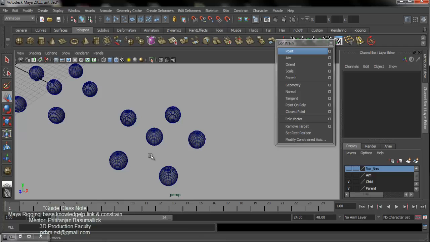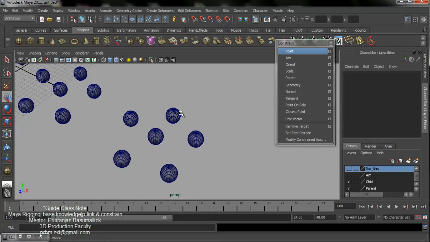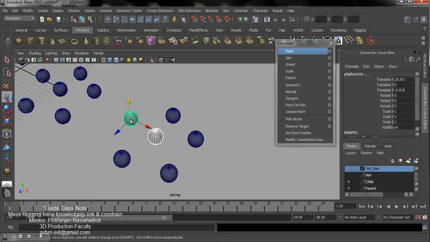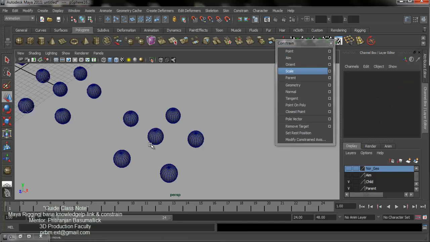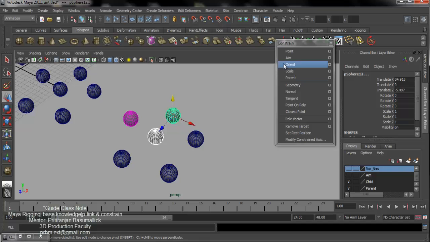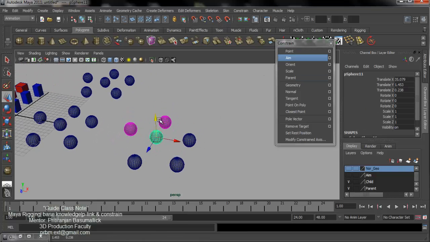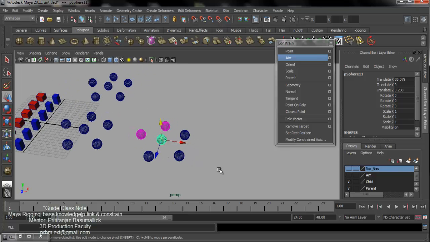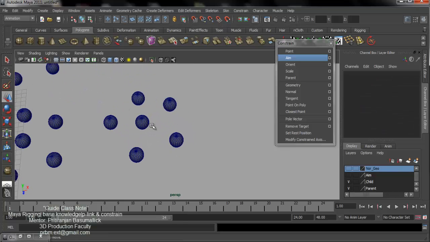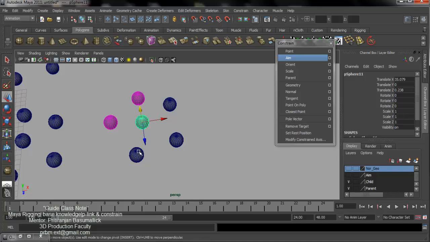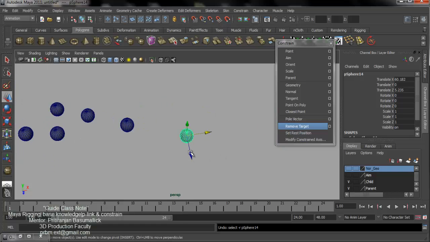we already know that at first select the parent, then select the child. So that's my parent, that's my child, hit the point constant. Okay, it's possible one parent, many children. But when we try to create one child with many parents, it's also possible. So I take that as a child, and that is my parent in this section, and that is also my parent.